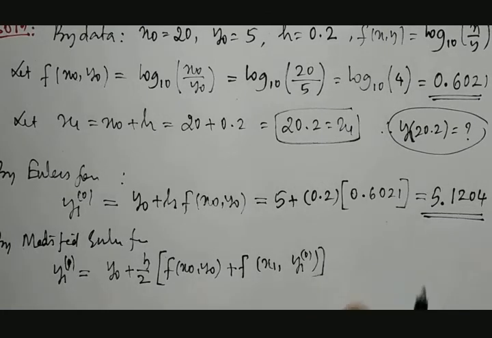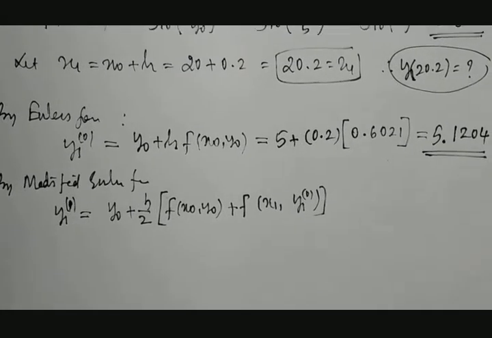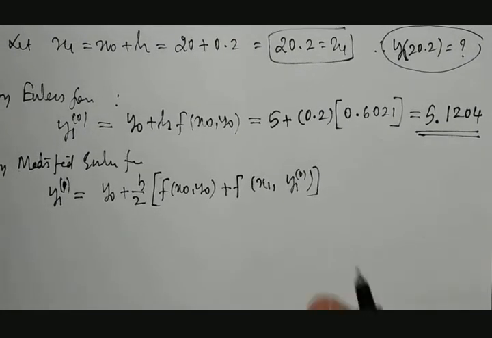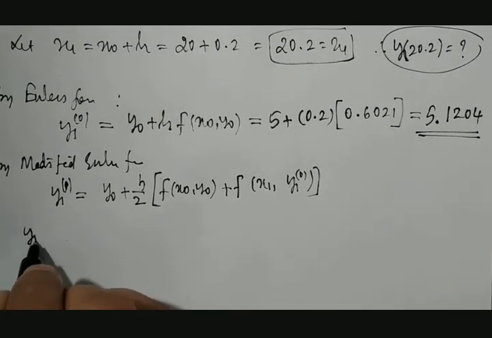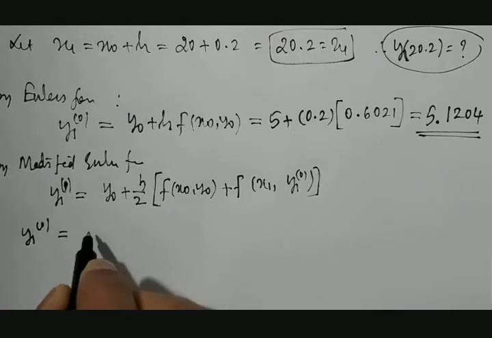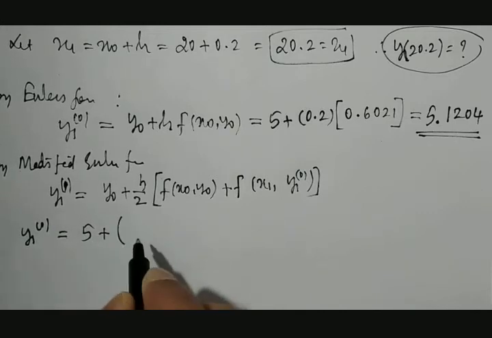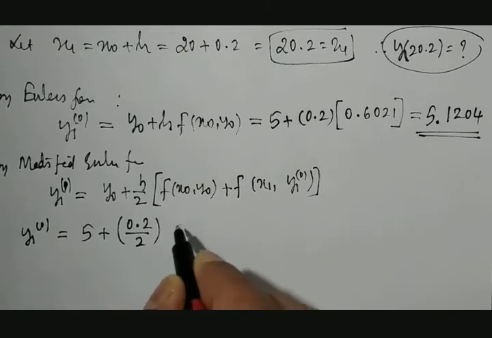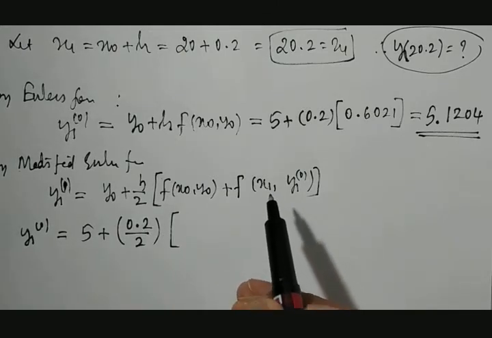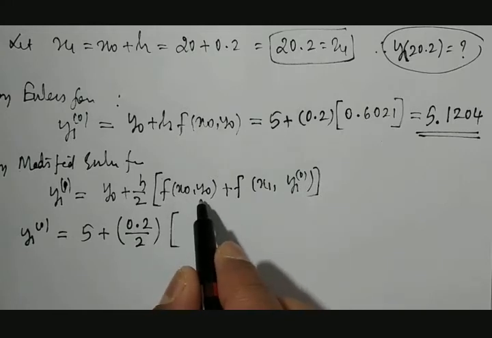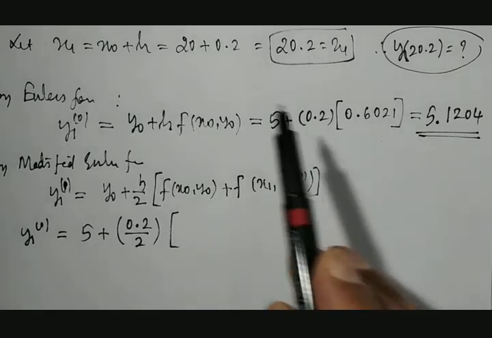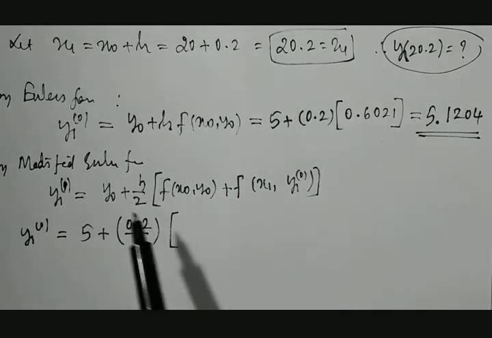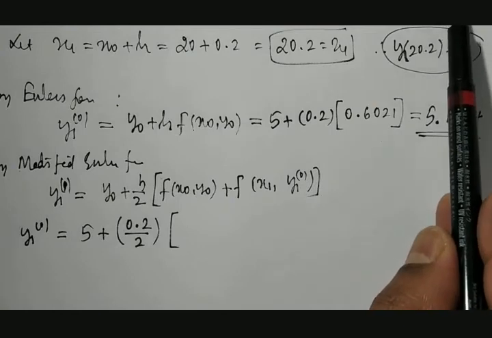Solve this carefully so that it can be utilized as a reference step. Therefore, the first approximation of y1 is equal to y naught, which is 5, plus h, which is 0.2, divided by 2 into f of x naught comma y naught, and that result is this,